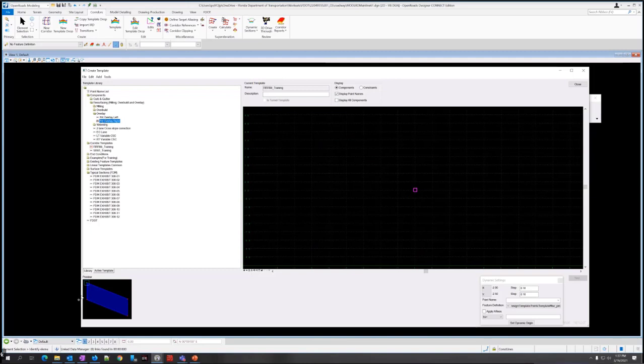And I'm just going to drag it from this preview window down here. So this green box is around where it's going to be inserted. I'm just going to drag it and drop it in right there on the center line.